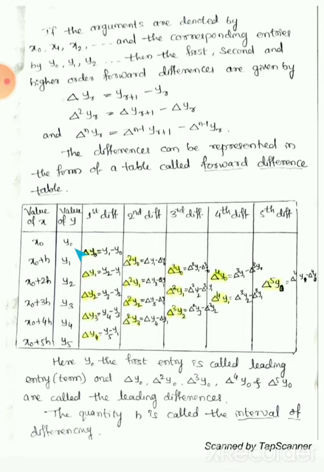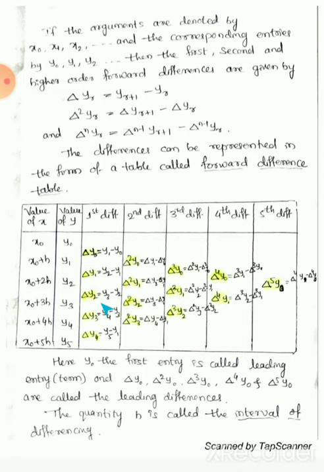Here this is the first value of y, second value, third value, fourth, fifth and sixth, because the first value starts with x naught, y naught, in that way. These are the 6 values. There are 6 values of x, and you will get 6 values of y. Then the first difference is denoted as del y naught, meaning y1 minus y0. You just have to take the second value minus the first value. y1 minus y0 is your first difference.